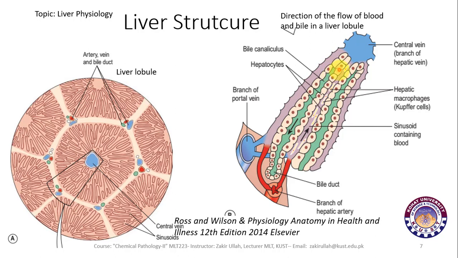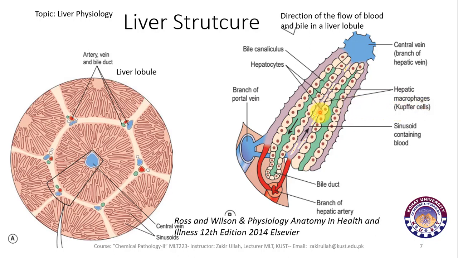the hepatic plates, the cells are arranged parallel to each other, and in between these plates there is a space for the bile, which is called the bile canaliculus. And between two hepatic plates there is a space where cells are present, and they are called the hepatic macrophages or the Kupffer